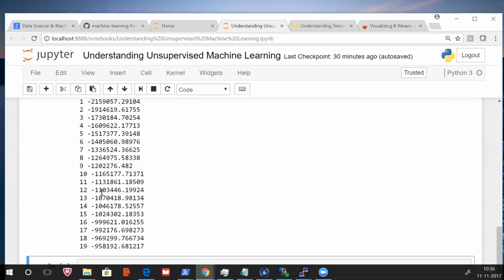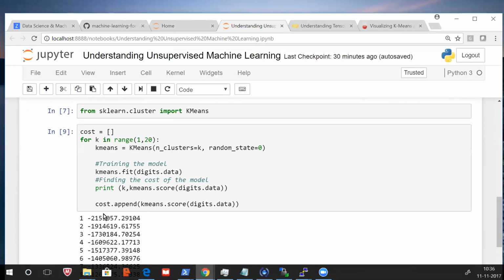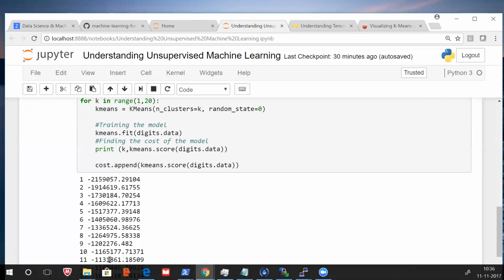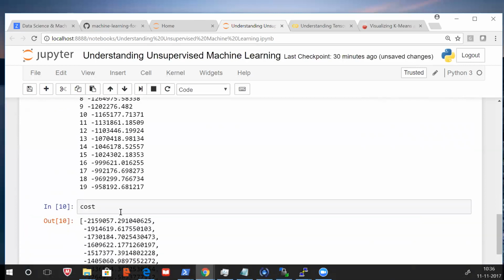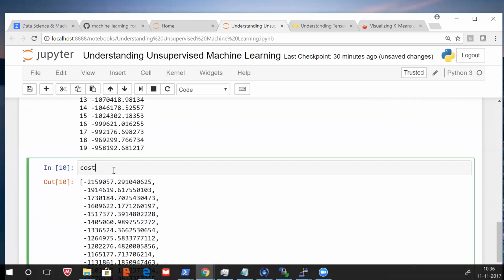Okay, so you can see this is, so now what do you want to do? I want to actually plot this graph. Basically cost is the function, right? It contains all the information, right? First, what I want to do, I want to multiply -1 to all of them, so that it is positive. Absolute value integrated.